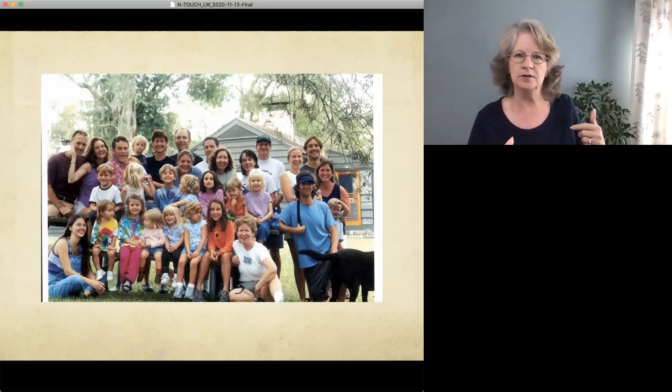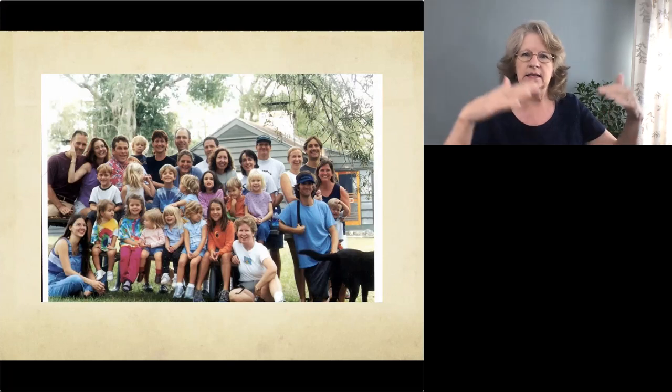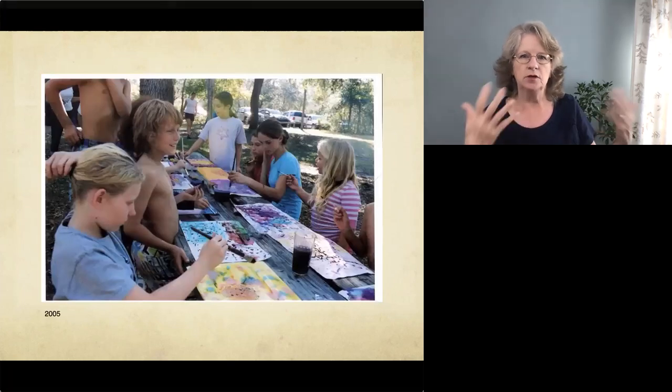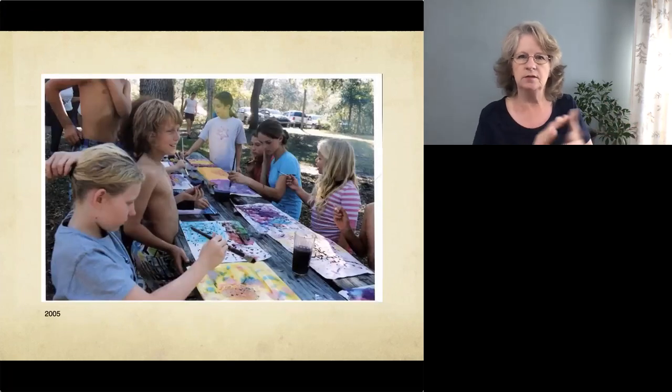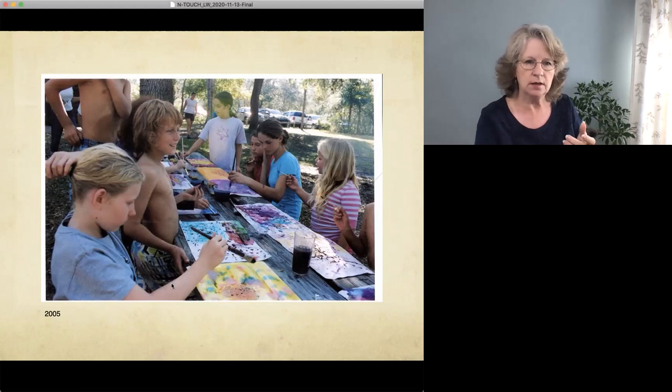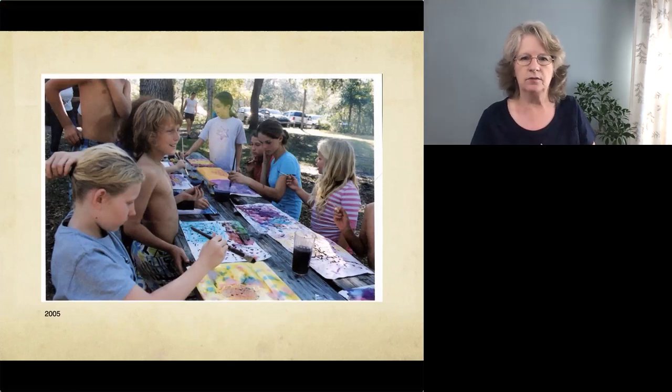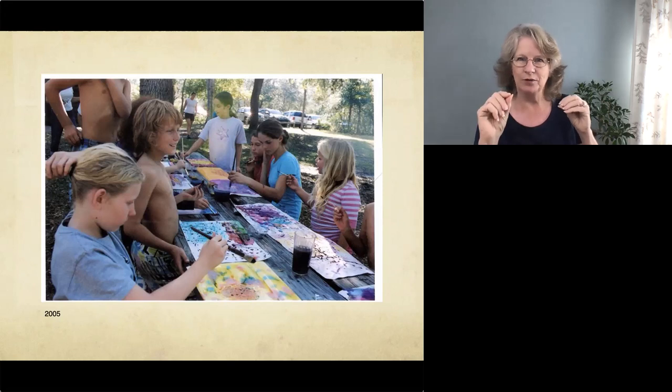So this would have been a couple of years later, and it has continued to grow. In each year, we have a lot of traditions that happen. Each year, one of the moms brings what is needed to make the lanterns. So there's my daughter making her lanterns. She looks to be around 10 or so years. And these children around the table are some of the very first ones that went that first year.